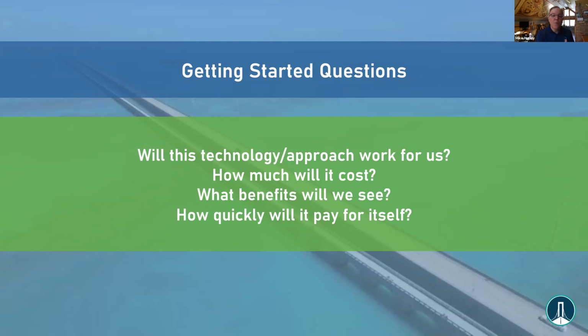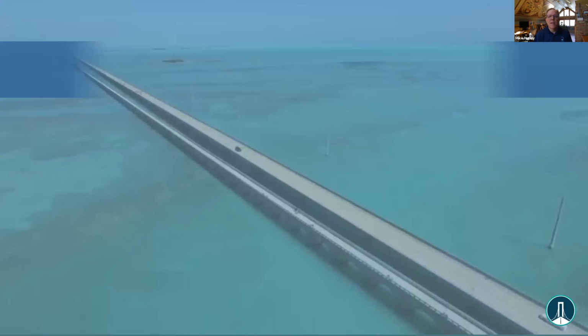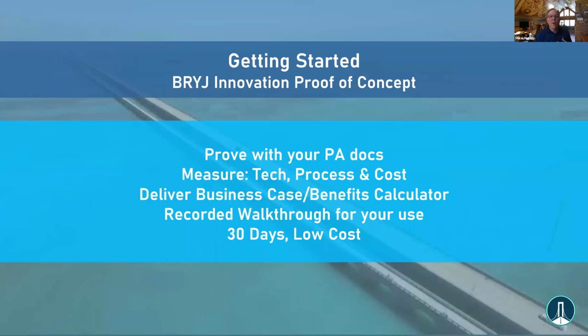I'm sure if you talk to many software vendors, they'll go, oh, this is really inexpensive, lots of value, really fast, tons of savings, ROI in months, right? But while I respect their opinion, I want to be like Missouri, right? Show me the results. And so how we do that at Bryj, we've created this thing called an innovation proof of concept. We do charge for that, but the idea is 30 days, a really short window to test these concepts empirically with your documents.